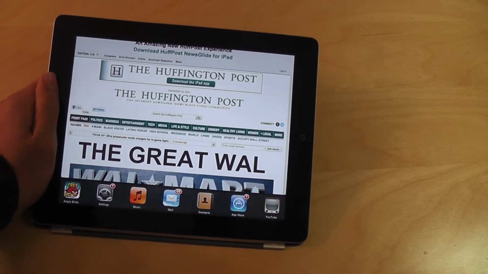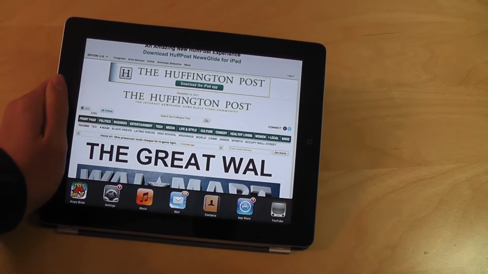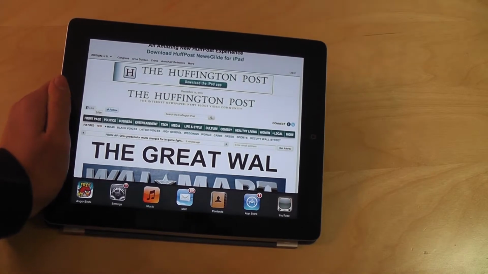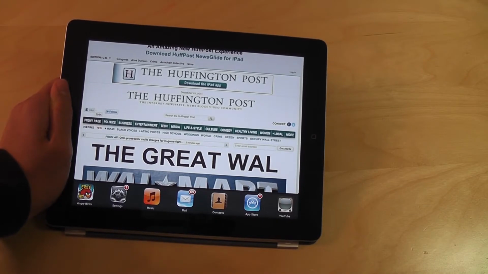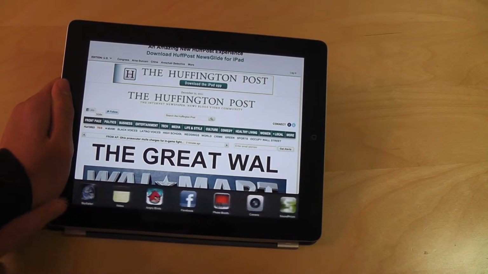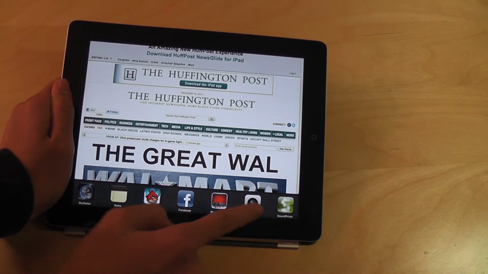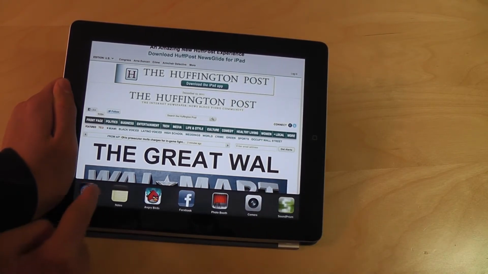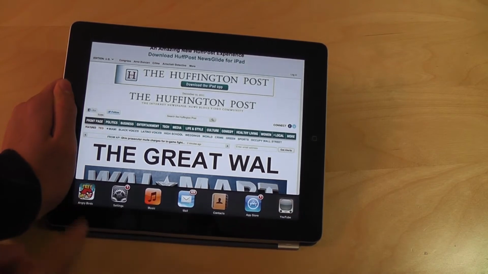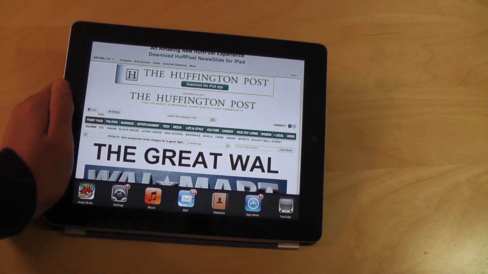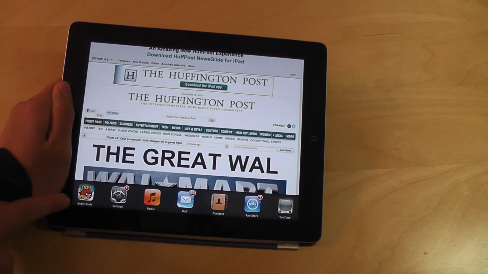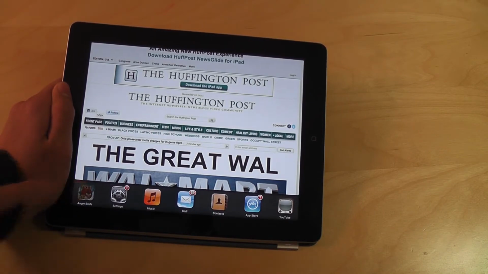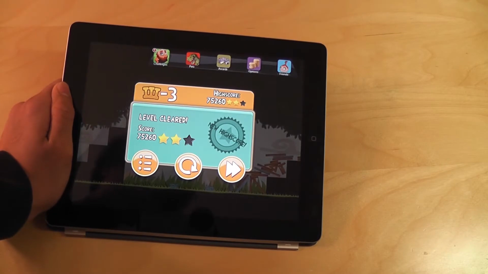Now, what is this bar? This bar basically shows you all of your applications that are open on your iPad. So I can scroll to the side here and it will show me all the different applications that I have open on my iPad. Once I get to this screen, you remember Angry Birds is the last thing I opened, so it's in the front of the bar. So I can just press on Angry Birds and it takes me to Angry Birds.